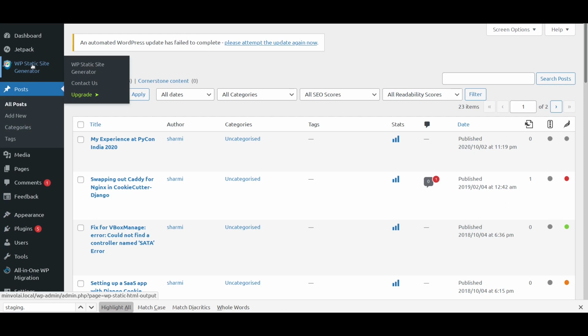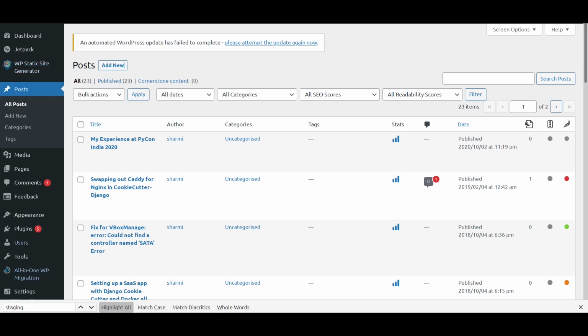Going straight out of the gate, one of the problems I had is WP Static is no longer hosted with WordPress. You cannot go into the plugins page, say add new, and get WP Static there. You have to go to WP Static's website and download it to your local machine, and then upload it back into WordPress.